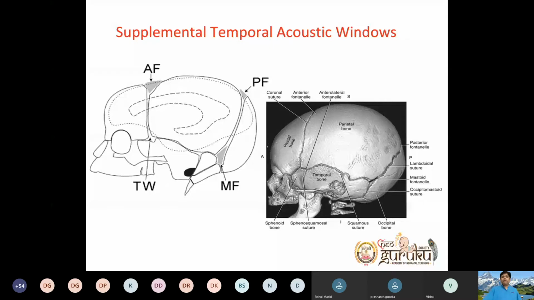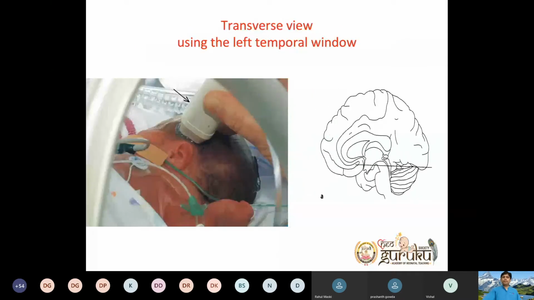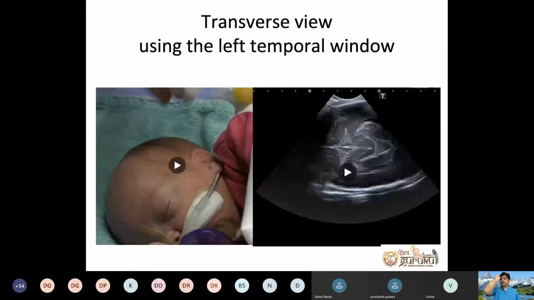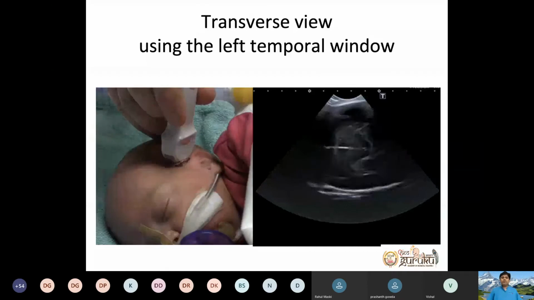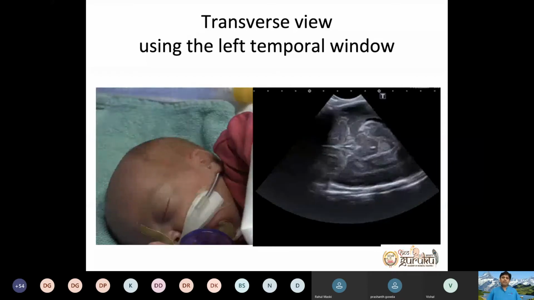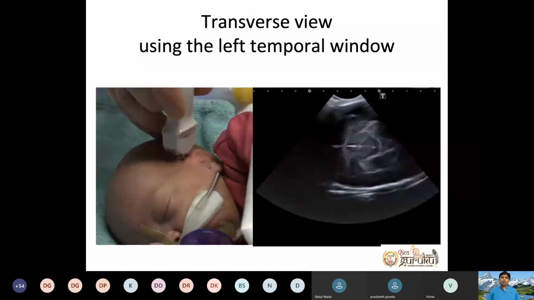Temporal window: try to feel the temporal window, anteriorly, you see this. This window is very important because the temporal window represents the base of the brain, at the level of the orbital ridge, where you get your circle of Willis. Here also, in the transverse section, you can take an upper and a lower transverse section. In the upper section, you can see a bit of the third ventricle. If you go a little lower, you see the fourth ventricle. So I'm trying to show you the transverse section of the brain, how we take a sweep.